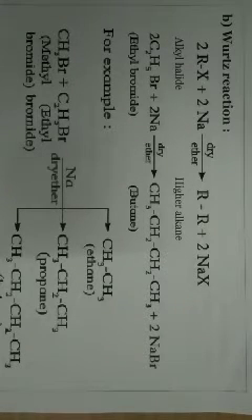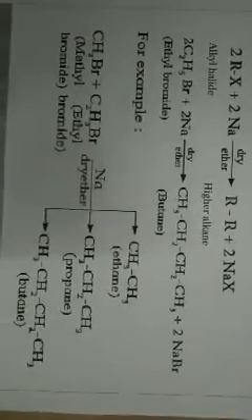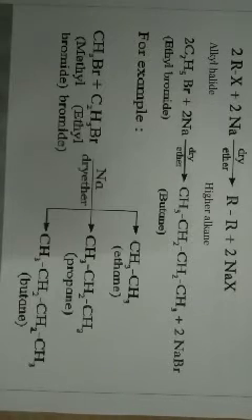Remember that. Now we can also react two different alkyl halides, as shown in the reaction below. Suppose you react methyl bromide, CH3Br, with ethyl bromide, C2H5Br. Instead of taking two same molecules, two different alkyl halides can react with sodium metal in dry ether. In this case different products are possible.